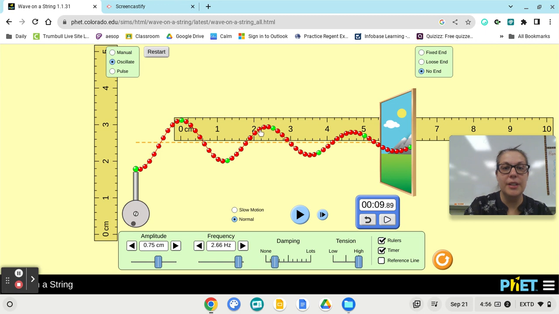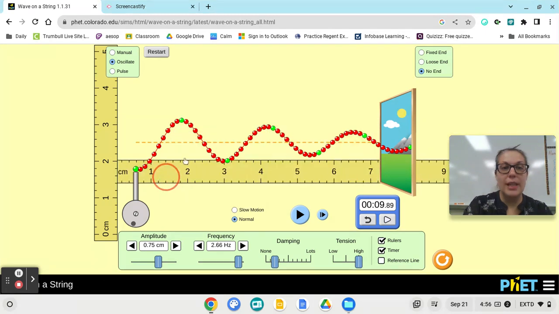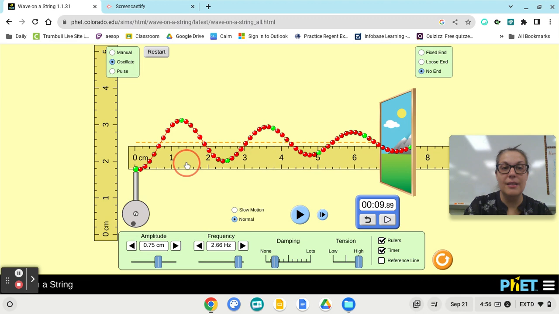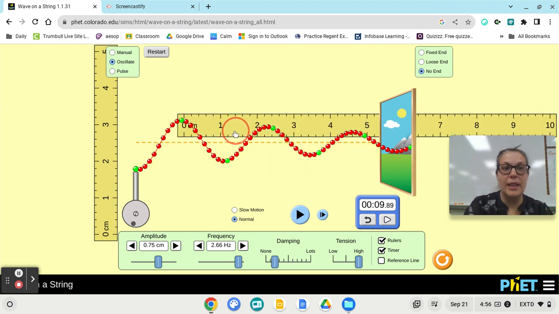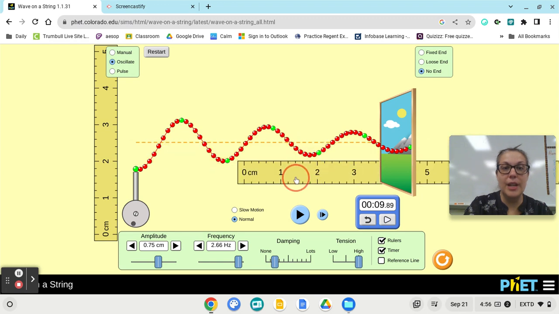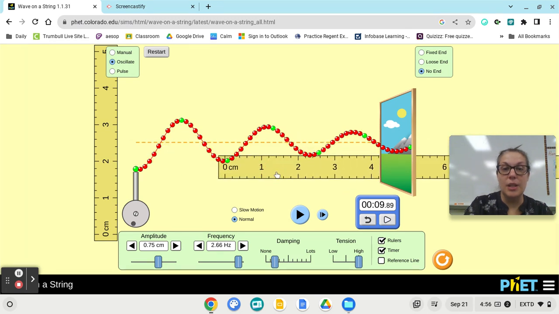Like I want to go from here to here. Don't keep it at the lowest, just the point that you're starting at. You want to keep moving that ruler to where you're going to be measuring your wavelength. All right, go ahead, finish up the 4 other frequencies, answer the analysis questions, and then on the next page,